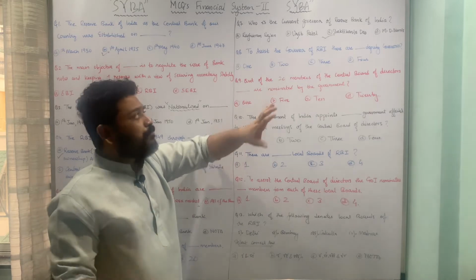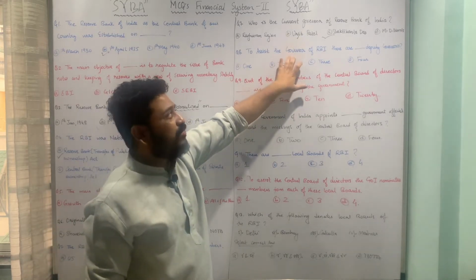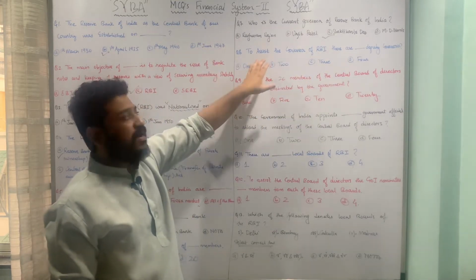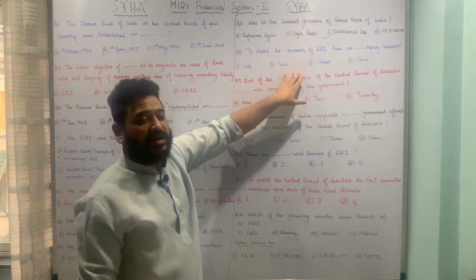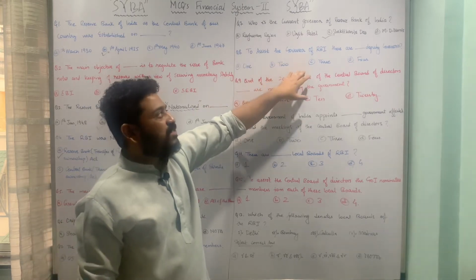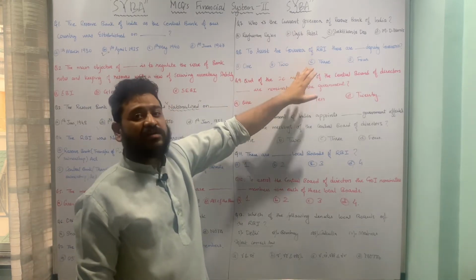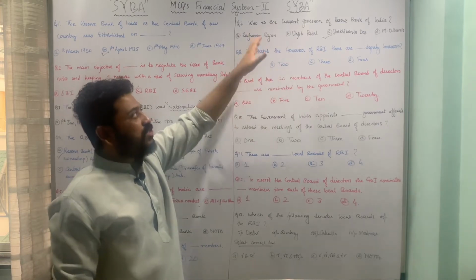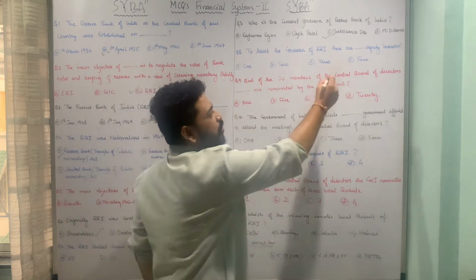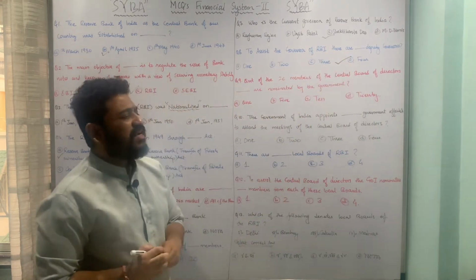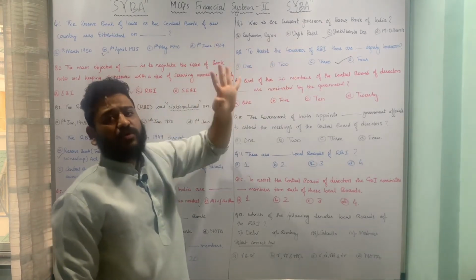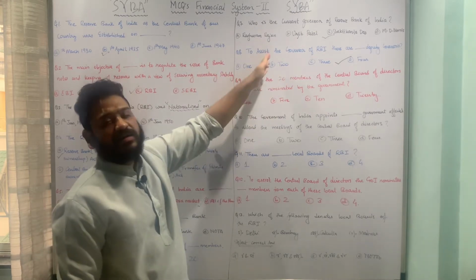This is again important. To assist the governor of Reserve Bank of India, there are dash deputy governors. The underlying options are A 1 deputy governor, B 2 deputy governors, C 3 deputy governors and D 4 deputy governors. So here the correct answer is, to assist the governor of the Reserve Bank of India, there are 4 deputy governors. Therefore option D is the correct answer. That means there is one governor of the Reserve Bank of India, the current one is Shaktikanta Das, and there are 4 deputy governors to assist the governor.